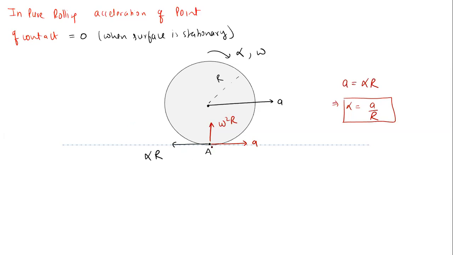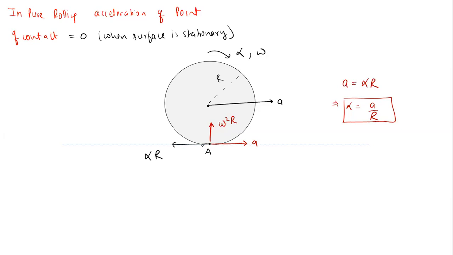See, if you think of pure rolling, the acceleration at the point of contact should be zero. Therefore, a must be equal to alpha r. That is correct. But when you take the pure rolling condition, you will find that each time the particle which is in contact with the surface is changing. If you have doubt, take a coin and roll the coin. You will see that the point of contact is changing every time.